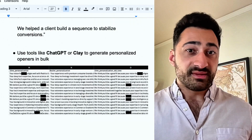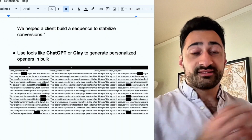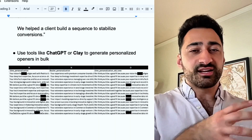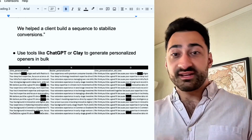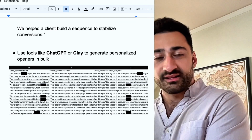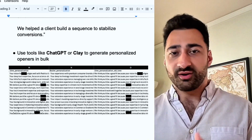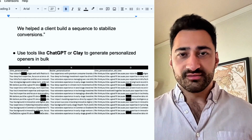You can use ChatGPT to do research on the client, to take their domain name or their role, or to get a summary of their LinkedIn and incorporate that into your copy. Summarize it and format it so that you can plug it directly into a CSV like this and upload it to an email sequencer like Instantly or Smartly. We're going to go over all of that. Just stay tuned. So the question is,